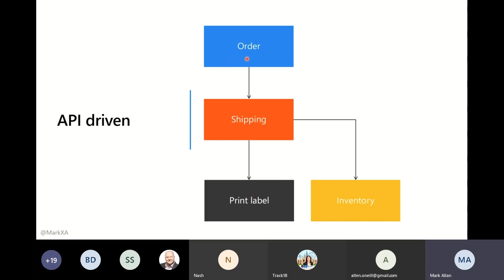But if we had all this synchronous, then obviously if the inventory service fell over, or if the label printer was somehow broken, then that could potentially feed up, and the order would not get placed because everything would go wrong, or at least you wouldn't know that the order was placeable, so you'd have to come back to the customer and say, sorry, problem, please try again.